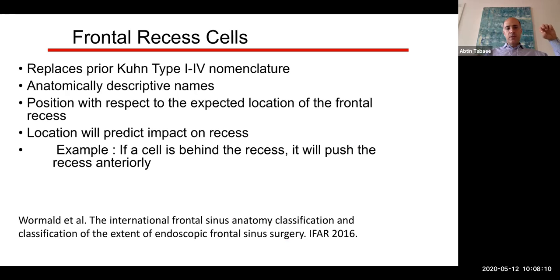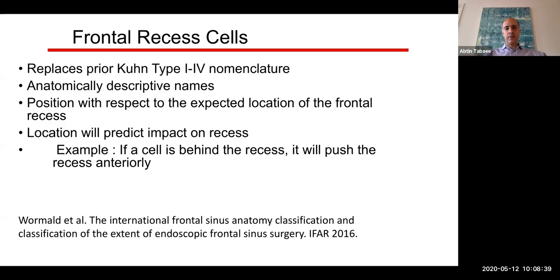This nomenclature has been largely replaced. This was a seminal paper, and for those of you embarking on sinus surgery, either at a postgraduate level or just in your practice, this is a really important paper to read, carefully study, and understand. It was published in 2016. Dr. Wormald was the principal author. It had a lot of input from some very important leaders in the field. And it's basically looking to make this sort of next level in terms of how we discuss and understand